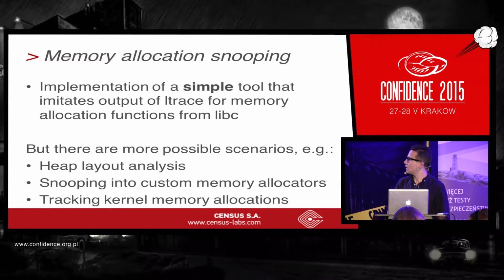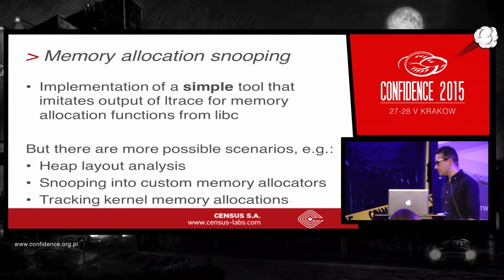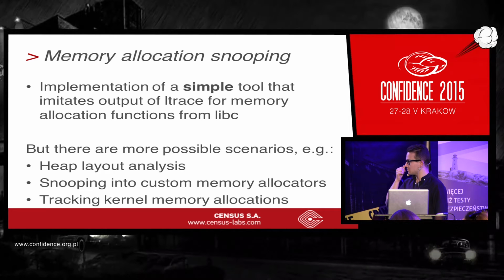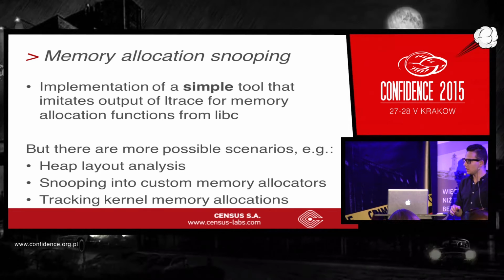For memory allocation snooping, I wanted to have a simple tool that imitates the output of ltrace for memory allocations. And the end goal was to use it for realloc, which actually succeeded. However, the idea can also be re-implemented for heap layout analysis, snooping into custom memory allocators, or tracking kernel memory allocations. So for heap layout analysis, usually when you're exploiting some vulnerability these days, you have ASLR,